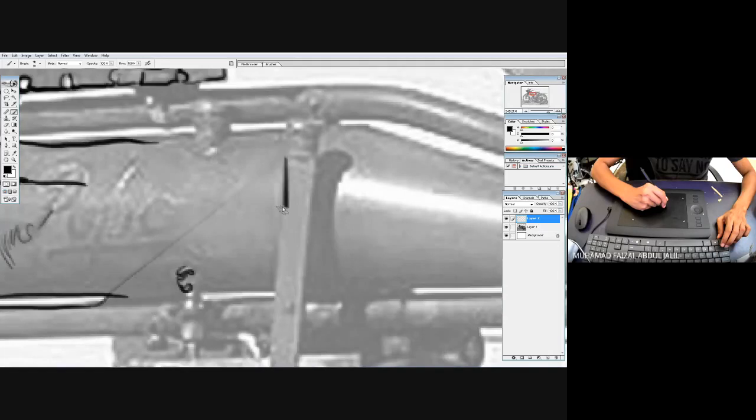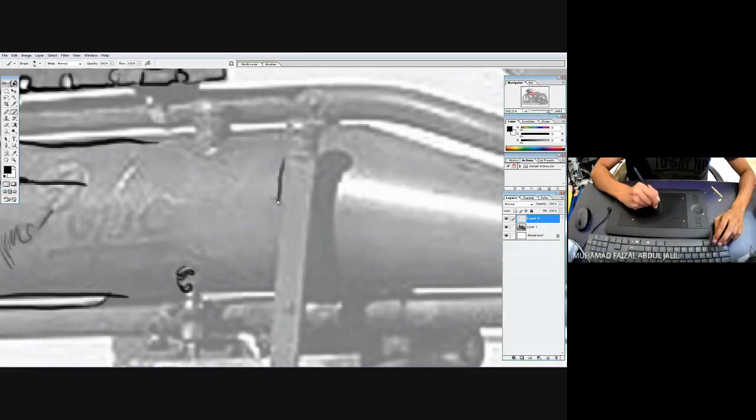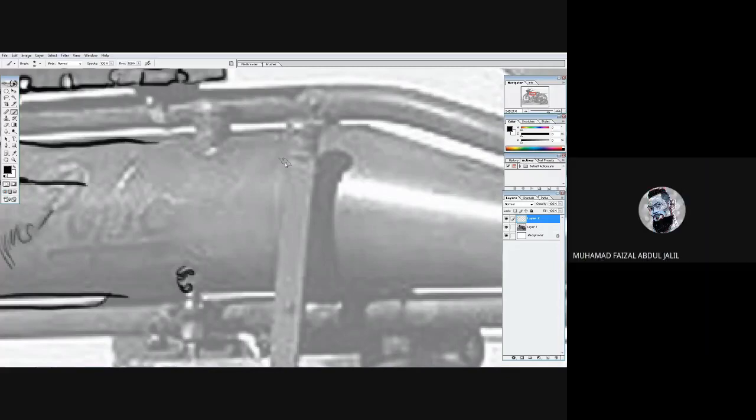Even though to do straight lines you can click shift, like this one, right? Click shift, you can get the straight line. But we are not going to use that technique, guys. We're using our hands to move. Your hands are going to get a little cramped because you actually try to draw the whole thing,